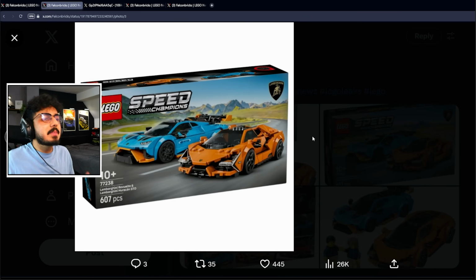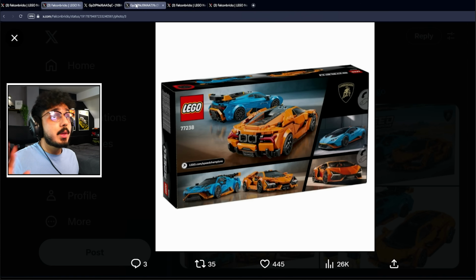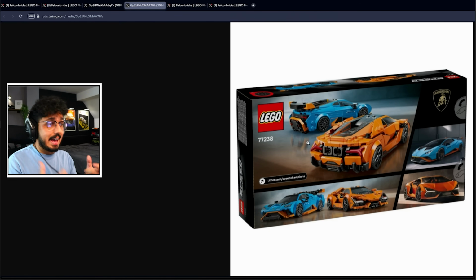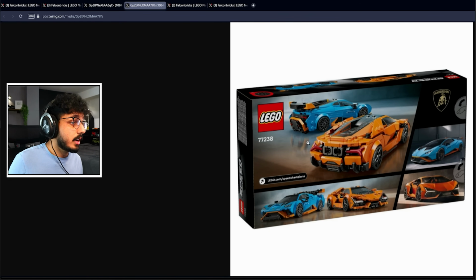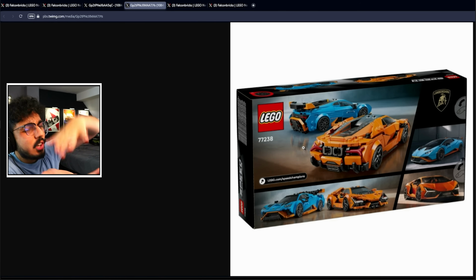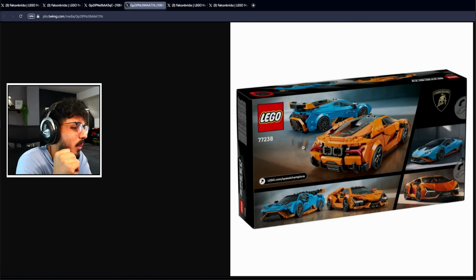I don't know what it is about the Revuelto, but it just looks way wider than it should be. But these two cars I'm gonna get. Mind you, the back of the Revuelto I think is done really nicely. I think the use of the cannon pieces looks really good. But then you see this angle, and it's just so flat looking compared to the real one as well. I think low cars just don't fare well. Even the STO...